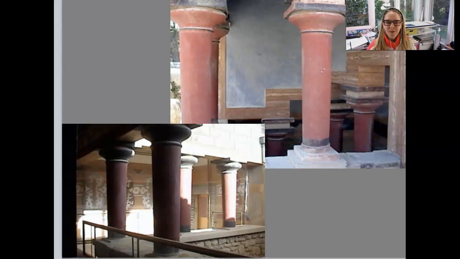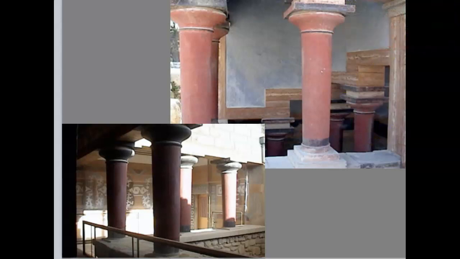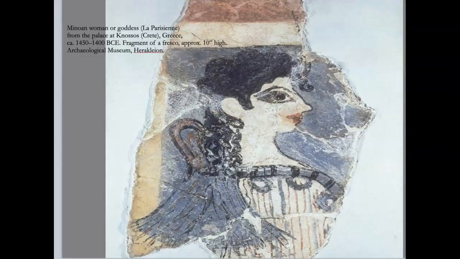This is really the first time that we see fresco painting, and I wanted to talk about a few of them. So here's one. She's been given the nickname La Parisienne, the Parisian woman. Almost all of the frescoes that you see here are of young, ageless adults. The sexes are typically color-coded. Men typically have dark skin. Women typically have white skin. And you see her here, right? She's given this nickname because of her fancy hairdo, her black eyeliner and her red lips.